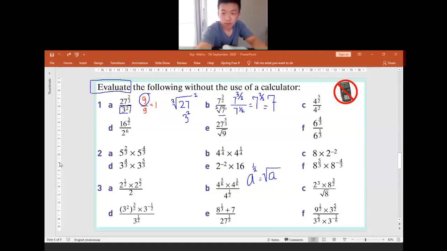4 to the power of 5 per 2 is equal to how many, Steve? 32. Okay, 32, correct. And then after that, divided by 8. How did you get 8? Can you tell me how you got 8? 4 squared. No, it's 16. Yeah, it's 32 divided by 16 equals 2.